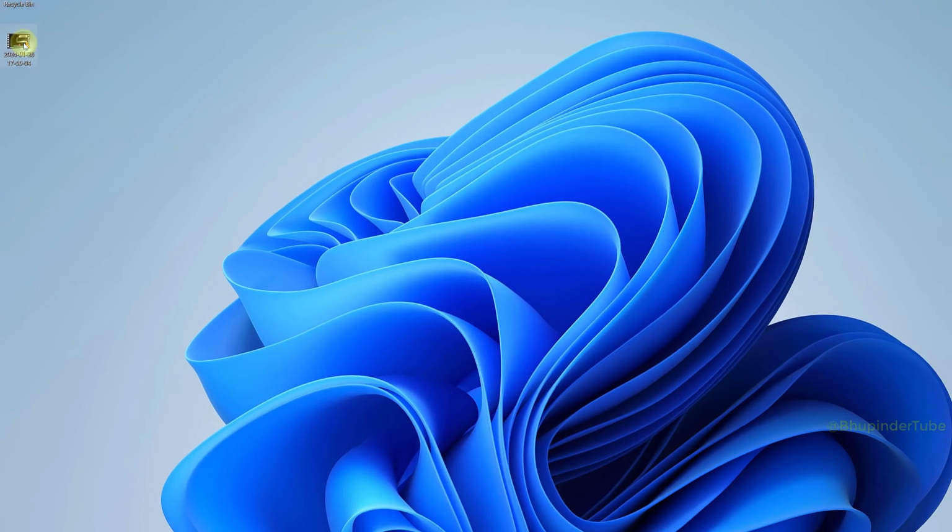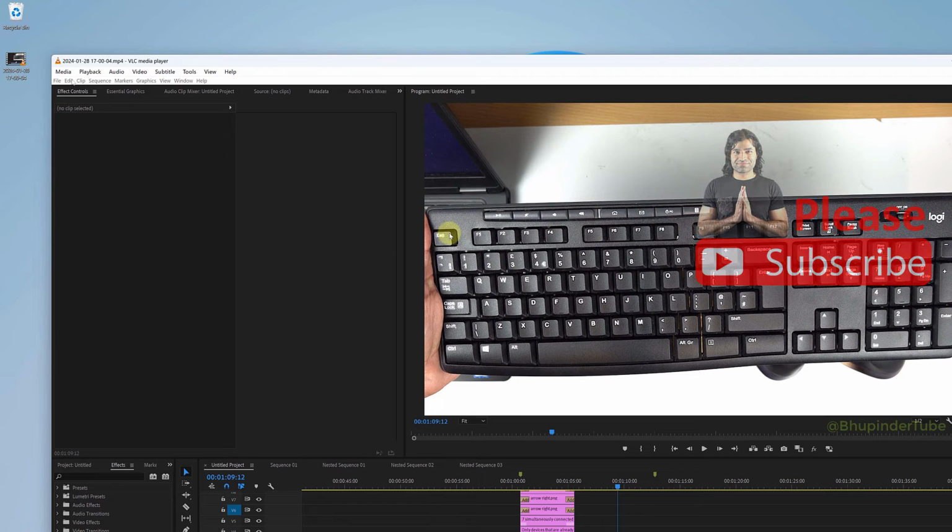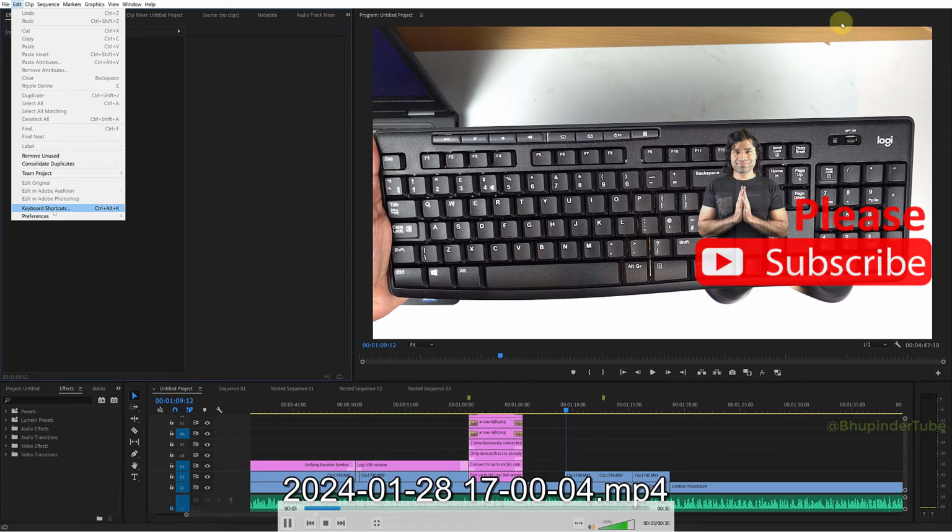Now when you open the video file, VLC should automatically fix it and you should be able to now play